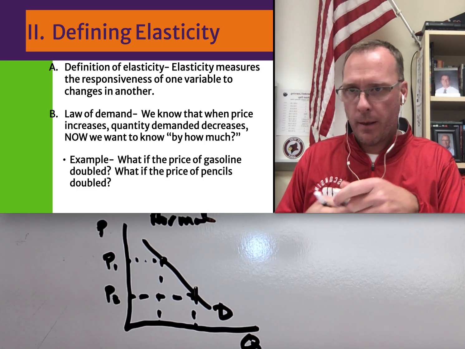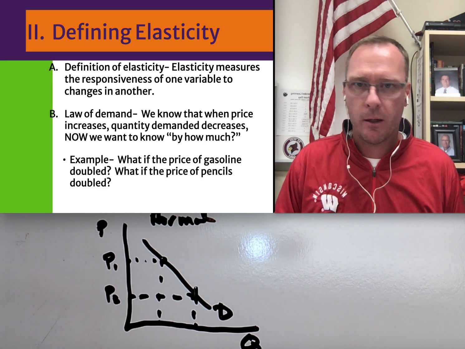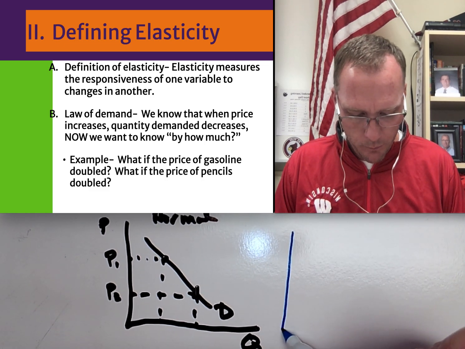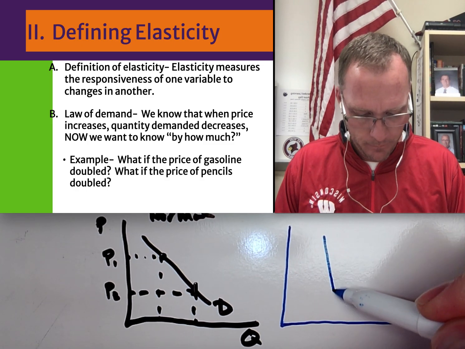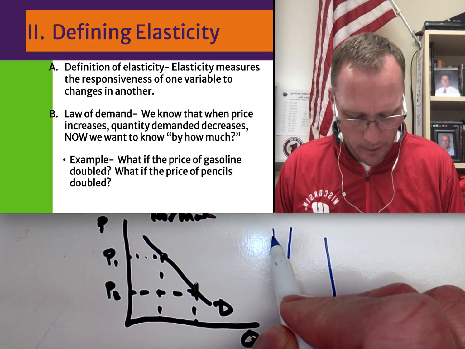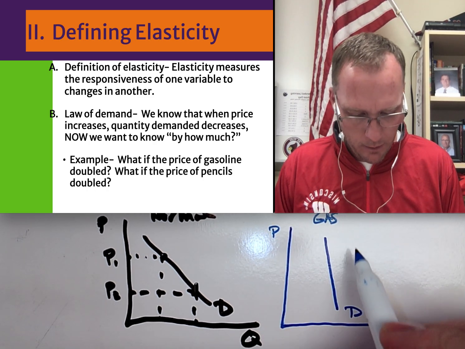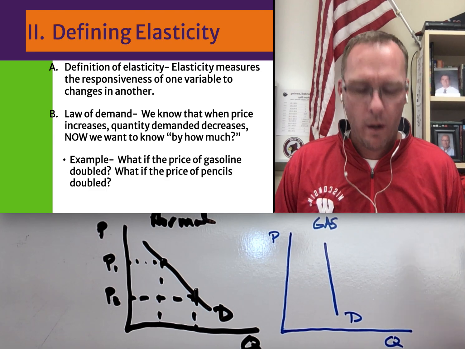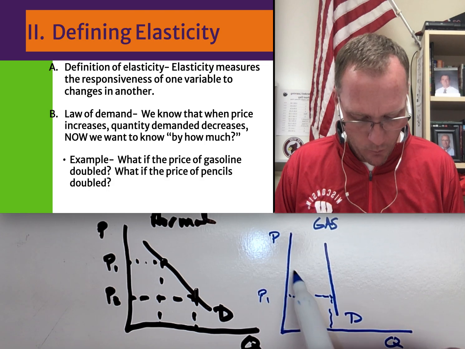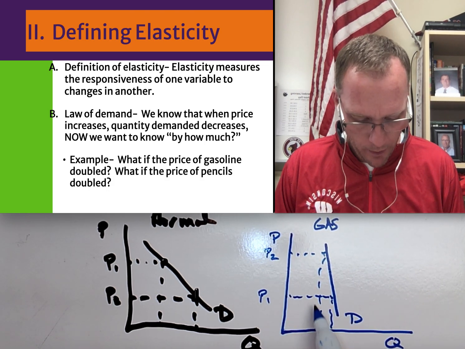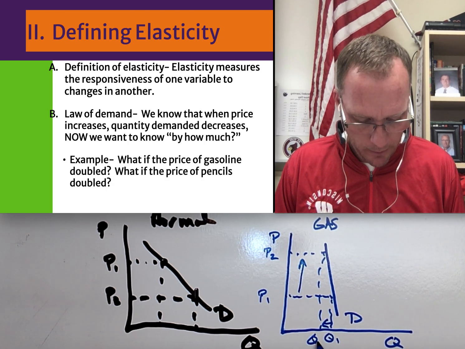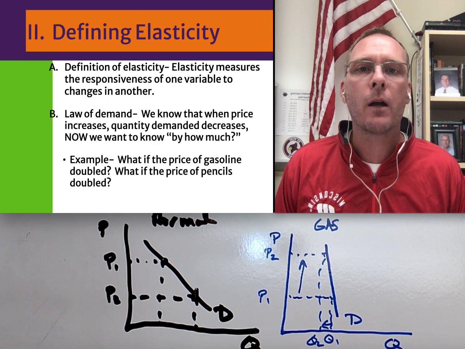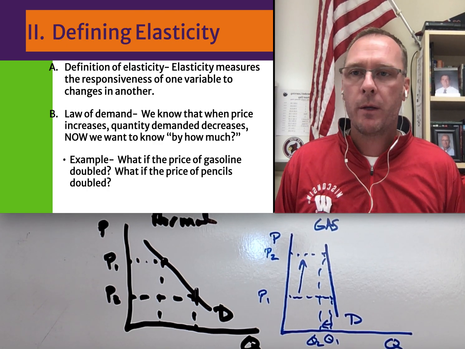An example might be, what if the price of gasoline doubles? It probably doesn't look like this graph here. Gasoline probably looks more like this. The slope of my line is going to be very steep. Why? Because I can't really substitute something for gas right now. You can't put something else in your car and have it take you anywhere. So the price of gasoline doubled from, let's say, P1 up here to P2. The price went up a whole bunch, but I did not lose much quantity demanded because that particular good is very inelastic. You can raise the price, and there's not a ton of response in terms of losing quantity because that good is